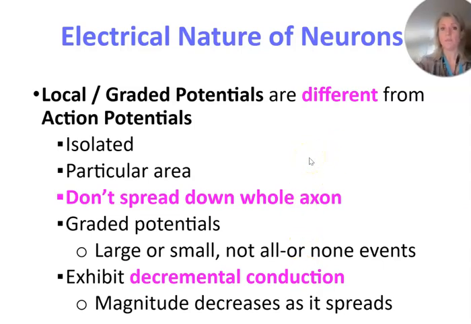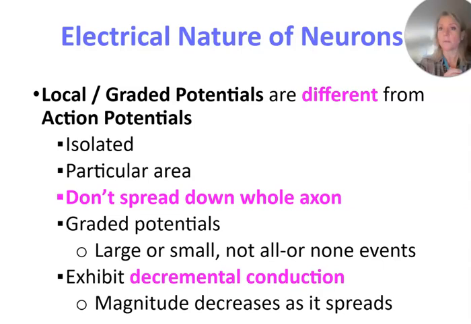As I said, local and graded potentials are different from action potentials. They are isolated. They're only in a particular area. They don't spread all the way down the axon. Not yet. They can be large or small. They are not all or none events, unlike an action potential, which is an all or none event, which we'll talk about. They also exhibit something called decremental conduction, which means that as they spread down the cell body and towards the axon hillock, they get weaker in strength,